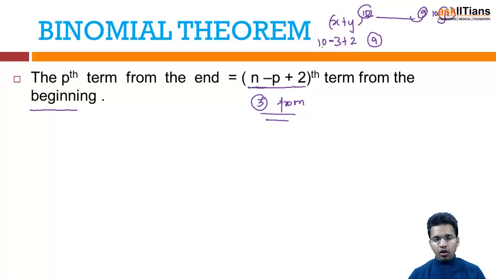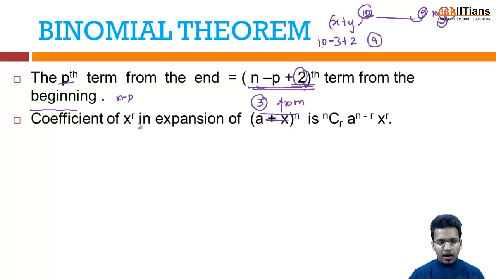So this is again an important thing, that the pth term from the end is obviously n minus p going. Now this 2 comes because there is one extra term, plus we are counting the last term itself. So obviously we have to shift. If we are saying second term from the end, obviously there is one more term and the last term itself is included. So we have to add; this 2 comes out because of that factor. So after this,